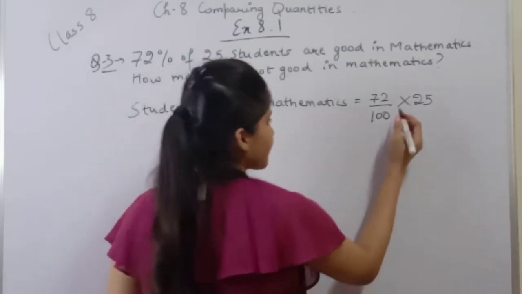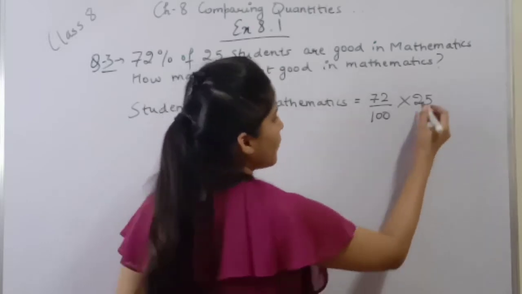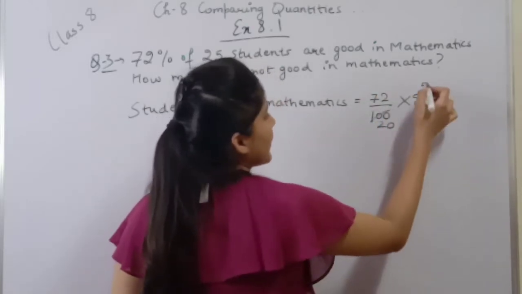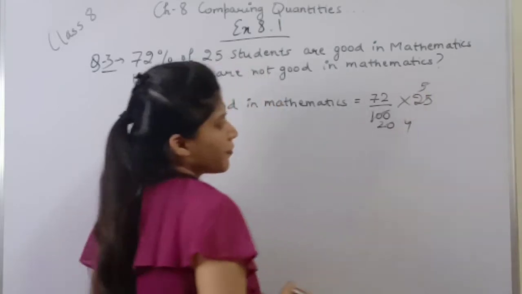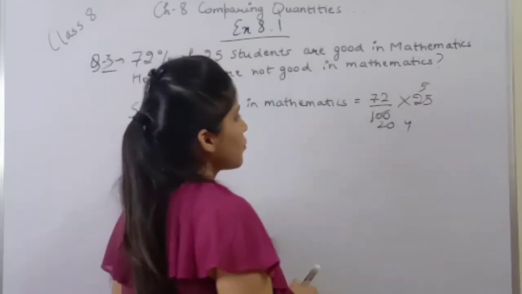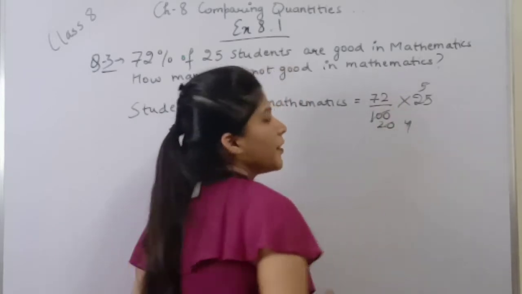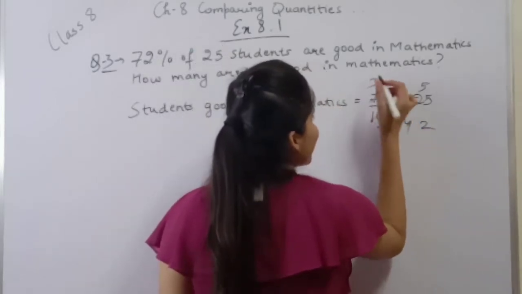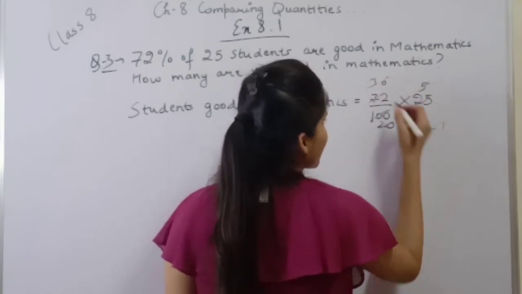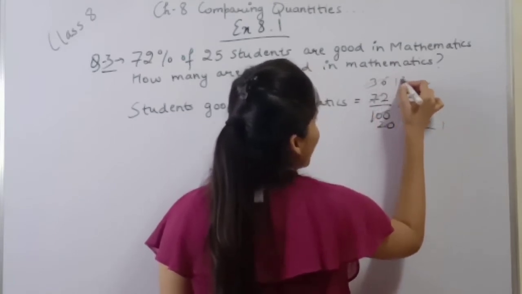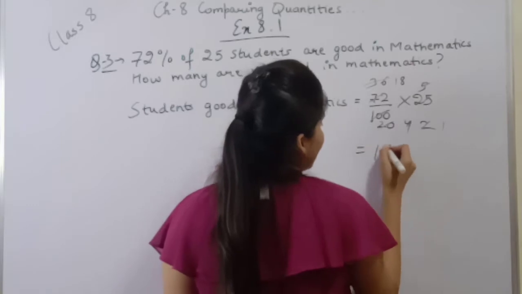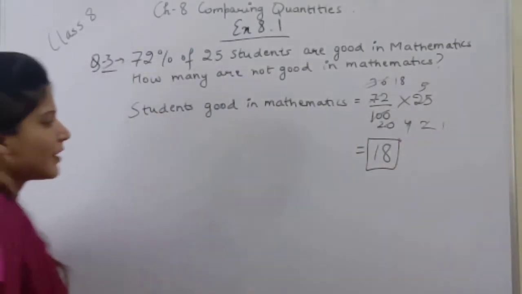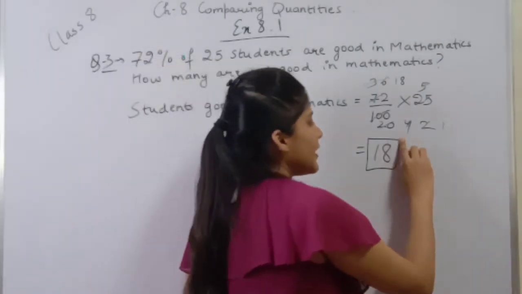Now we will cut 125 are multiples of 5. So 5 5s are 25, 5 2s are 10, 0 as it is. Now again 5 1s are 5, 5 4s are 20. So now 72 and 4 are multiples of 2. So 2 2s are 4, 2 3s are 6, 2 6s are 12, 2 1s are 2, 2 1s are 2, 2 8s are 16. So 18. Now ये जो 18 आया, स्टूडेंट्स गुड इन मैथमेटिक्स, ये नंबर है 18 मीन्स 18 स्टूडेंट्स आर गुड